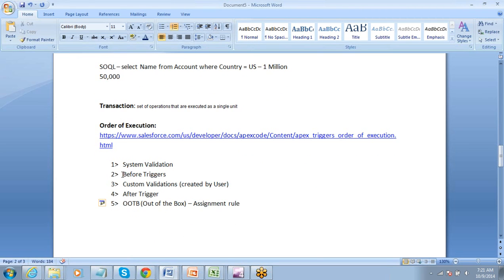Alright, so this is the order. Now everything apart from this, all your assignment rule, workflows and other things, basically, or auto response